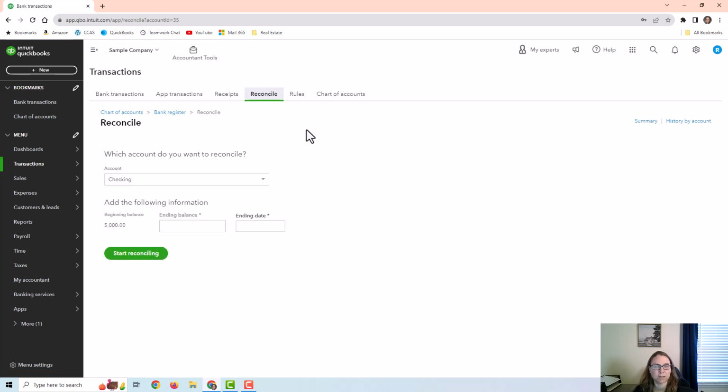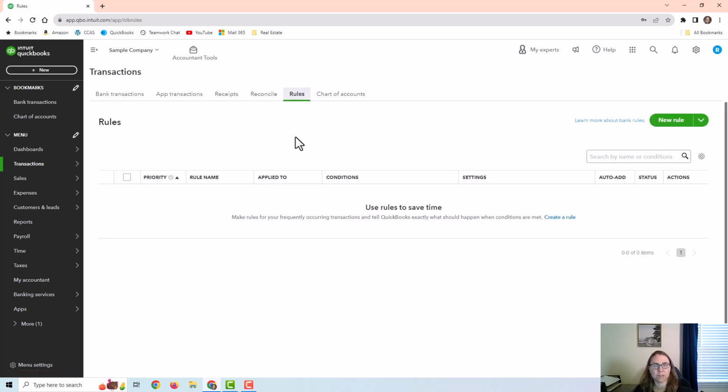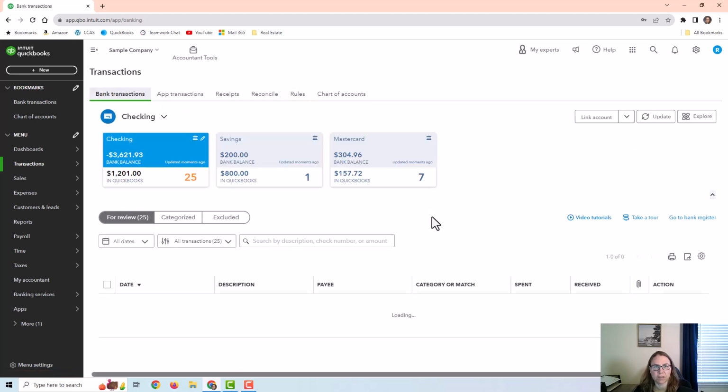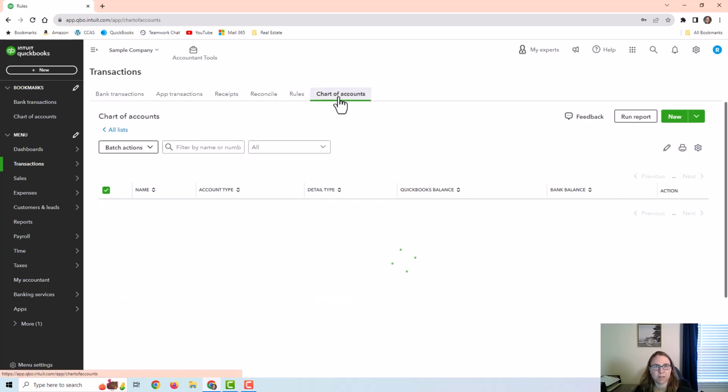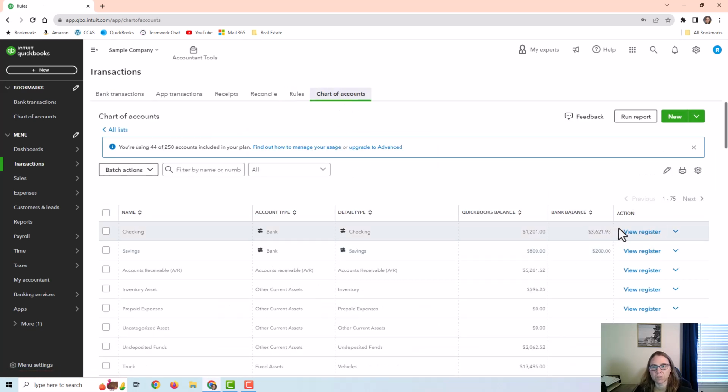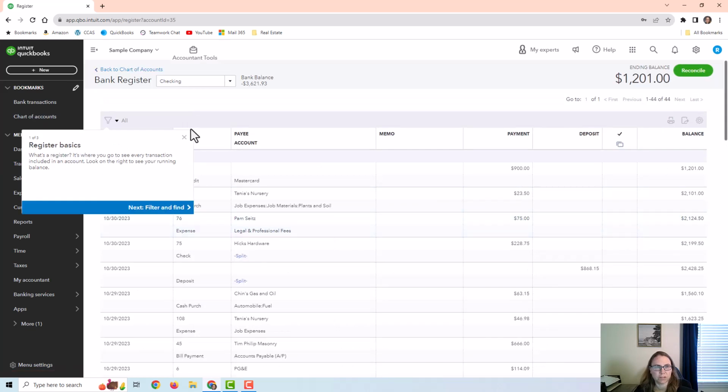I have a video about this. I'm going to make a playlist with all of these QuickBooks videos so you can watch them all if you need to. You can set up rules, and that just makes adding transactions over in the bank feeds a lot quicker, a lot faster. And then of course you can go to your chart of accounts and view these registers,